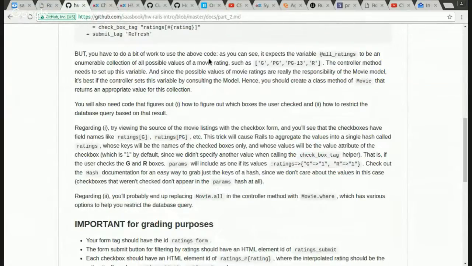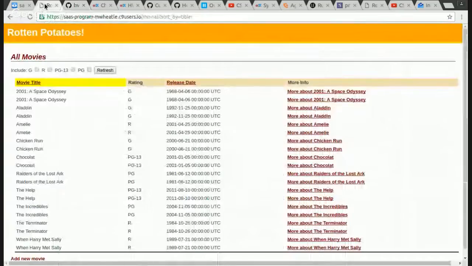Trying the appropriate value for this collection. You also need to write code that figures out which box you use to check and how to restrict database queries based on that result. Reviewing the source code of the movie listing, you'll see the checkboxes have field names ready. So if we do the source code,